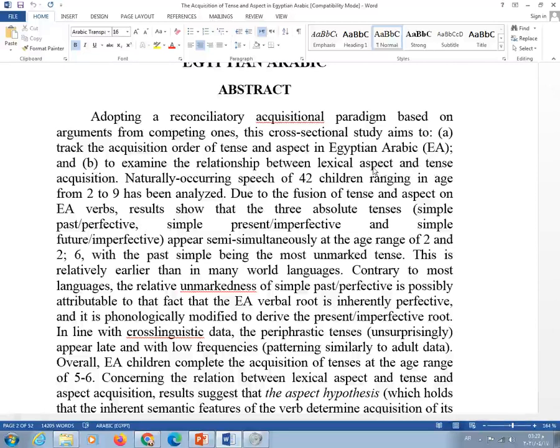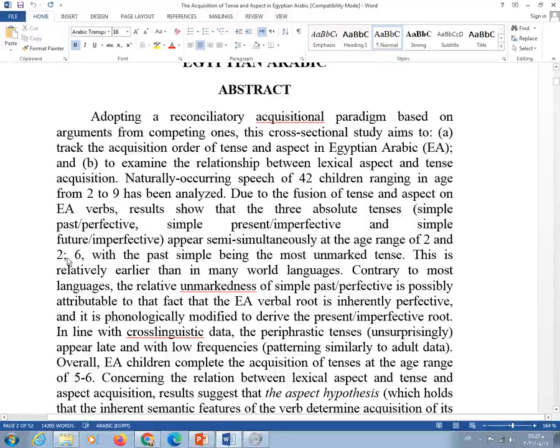Here, naturally occurring speech of 42 children ranging in age from 2 to 9 has been analyzed due to the fusion of tense and aspect in EA. EA means Egyptian Arabic verbs. Results show the three absolute tenses. Here we find that there are absolute tenses